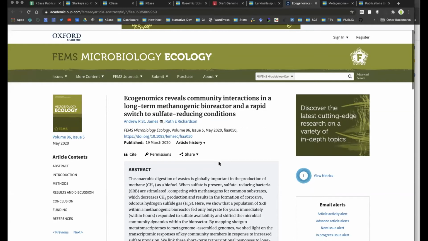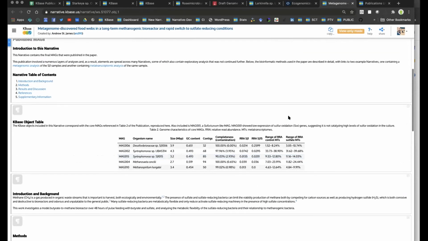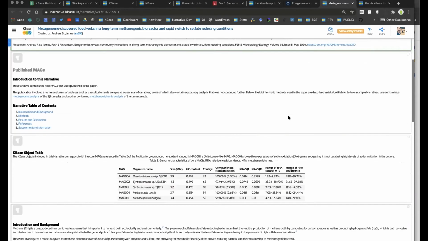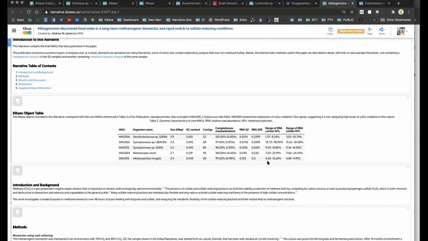This is not necessarily a genome announcement, but it's a metagenome analysis paper